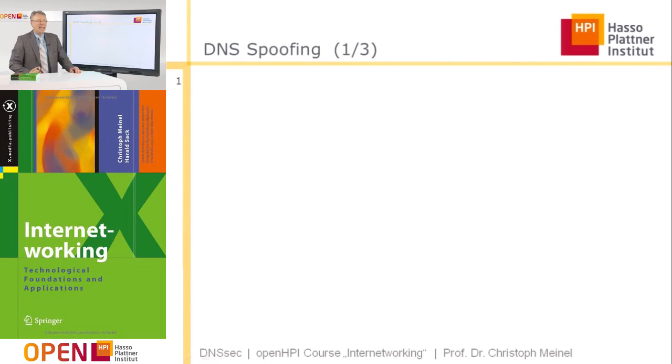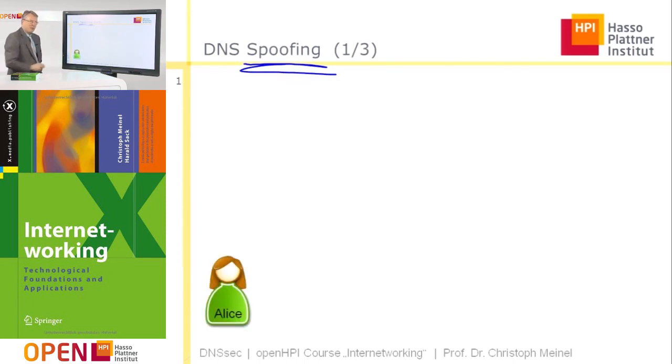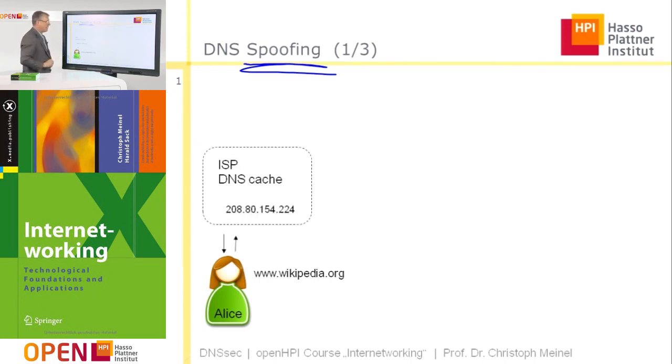Now we consider an attack against the DNS system, the DNS spoofing. And this is an attack. We have Alice, and Alice wants to find some information from Wikipedia. Alice knows the domain name of Wikipedia, www.wikipedia.org. But to interact with the Wikipedia web page, she needs the IP address of this domain name. And to get the IP address, the DNS client